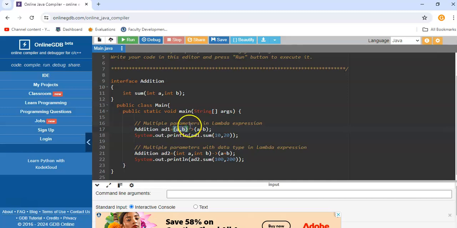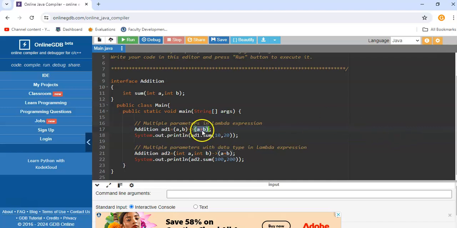Followed by that we have the arrow token and the method body. It is going to perform the addition of a plus b. So the expression for addition is written here. Since it is single line code, we have no need to open a curly bracket to provide this definition, because the concept involved is simply the sum of two numbers, so the simple expression is a plus b.